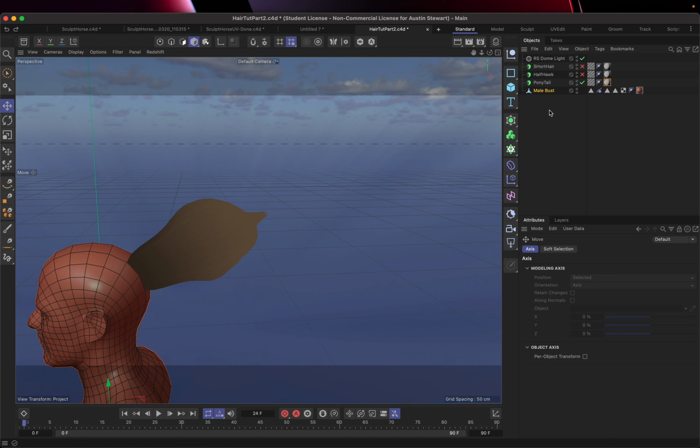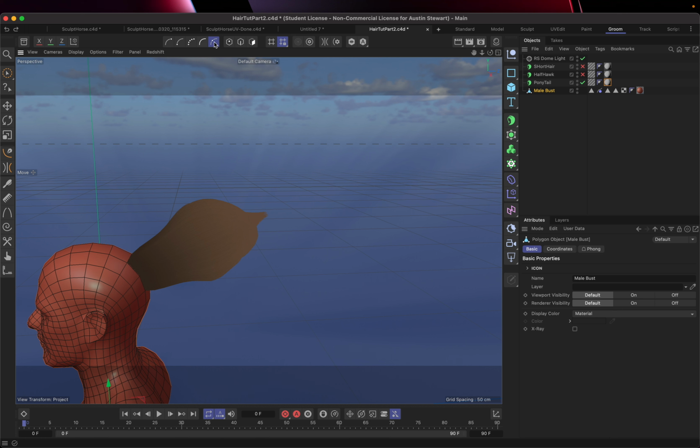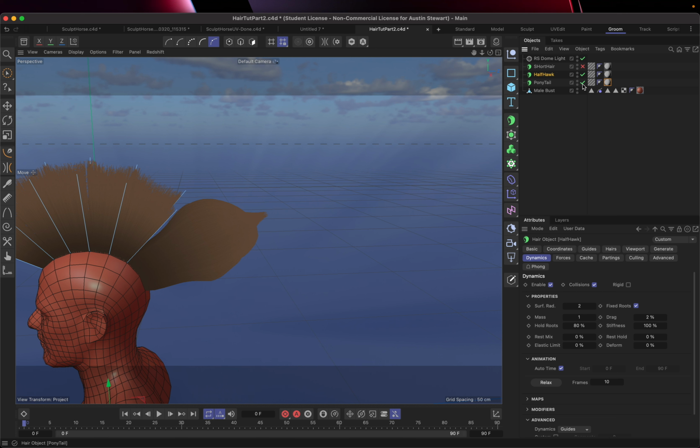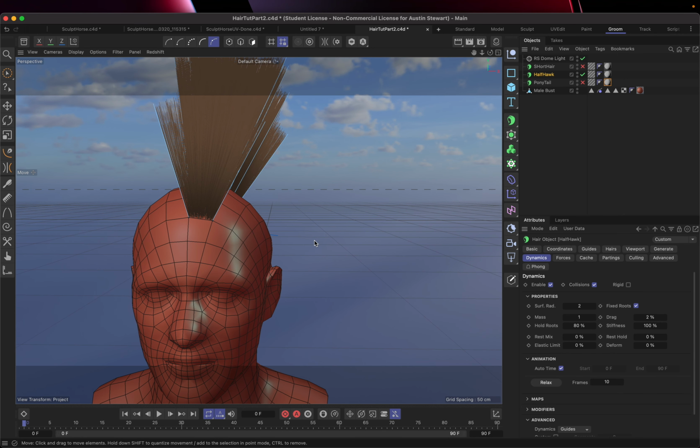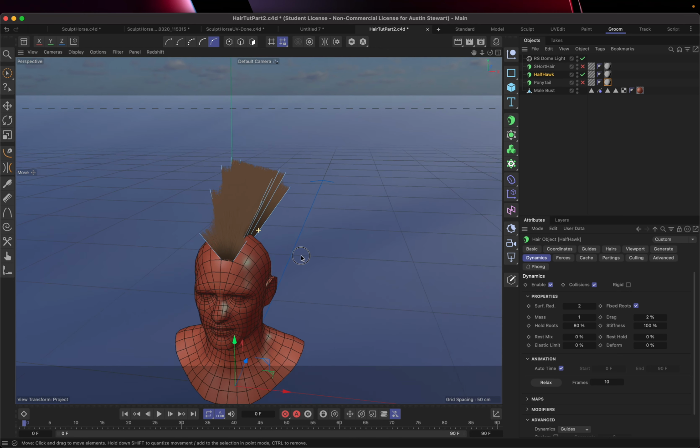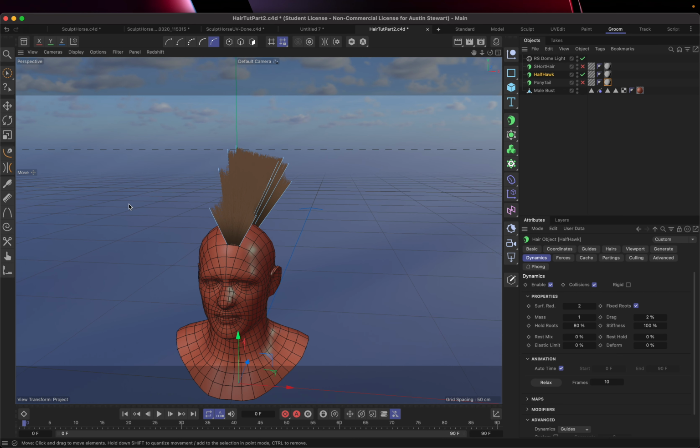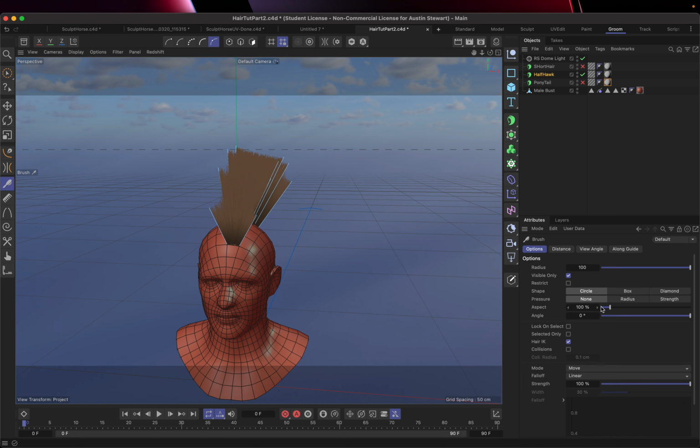Let's go ahead and look at our half hawk. So we're going to go back to our groom mode, and we are going to select our half hawk. We're going to make that visible. We could leave our ponytail visible, or we could turn it off. It doesn't really matter. And in this case, let's go ahead and attempt to comb our hair. So I'm going to use the brush. And you can see there's a whole bunch of settings here in terms of the radius, the pressure. It's basically similar to